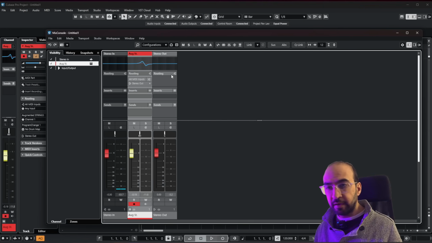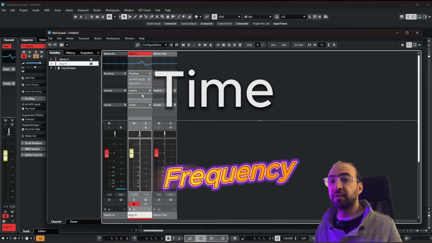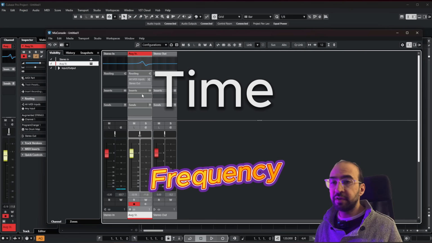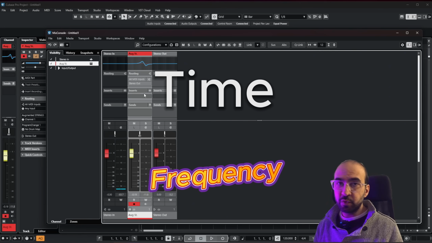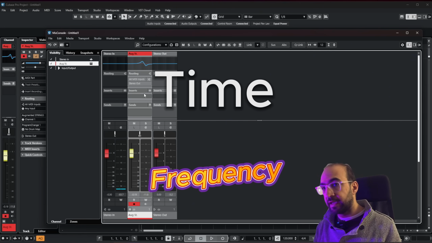And now we go down a bit, we get to the insert section, and this is where you can add effects, okay? Bear in mind, we have two ways of adding effects, and generally two styles and functionally two different kinds of effects: ones that are time-based and ones that are frequency-based, okay? Frequency-based is like a compressor, like an equalizer, the stuff that changes the color of the track, okay? And the time-based ones are like reverbs, delays, and stuff that are really changing the timing of your